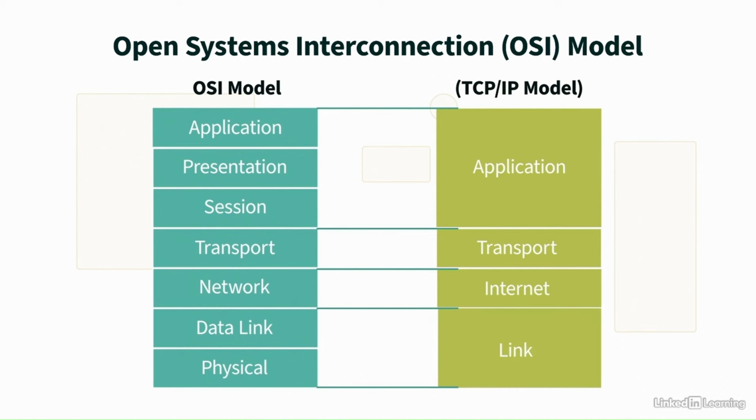Now, what we've seen up to this point is a 4-layer TCP/IP model, but some literature out there is going to show you a 5-layer model. In one variation of that 5-layer model, the TCP/IP model keeps the original OSI